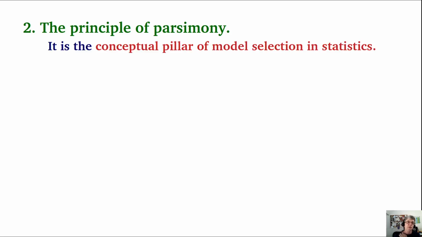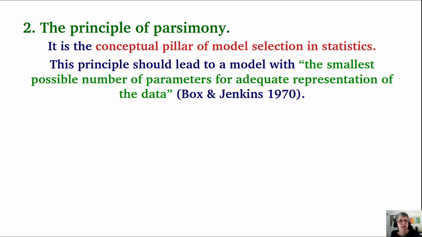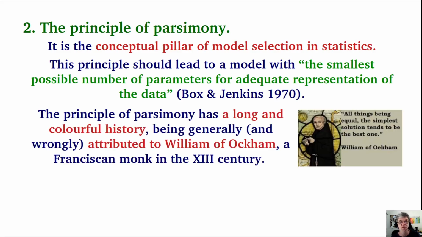The principle of parsimony is a conceptual pillar of model selection in statistics, and the idea is that this principle should lead to a model with the smallest possible number of parameters for an adequate representation of the data. The conceptual basis of this principle has a long, colorful, and convoluted history, in that it has been generally and wrongly attributed to a Franciscan monk in the 13th century, William of Ockham,